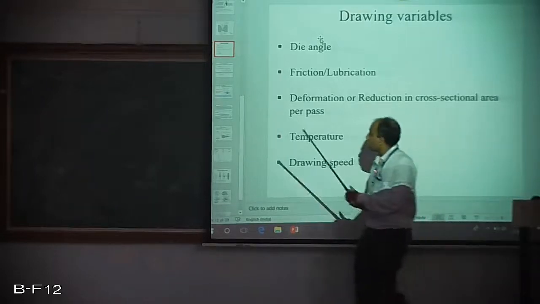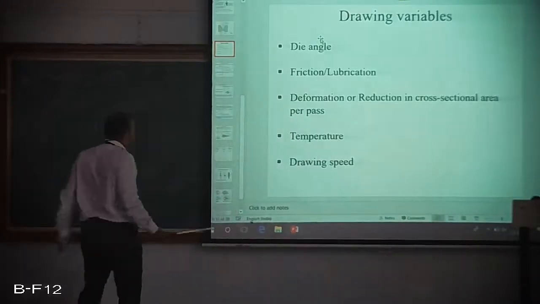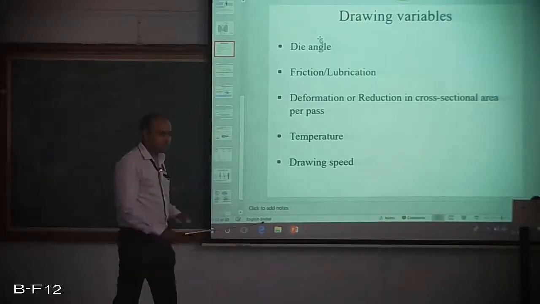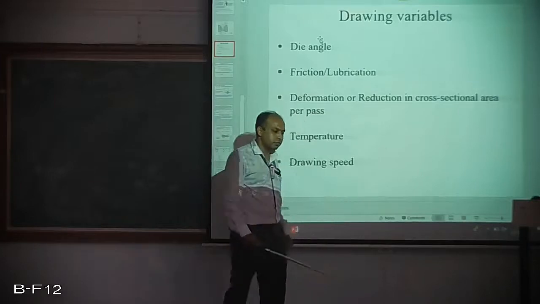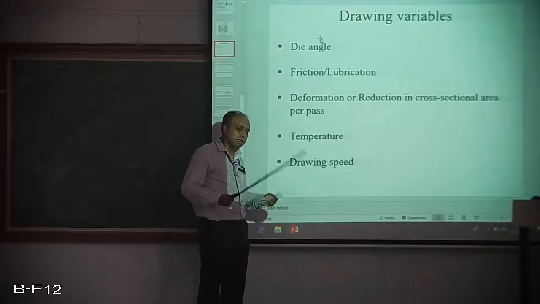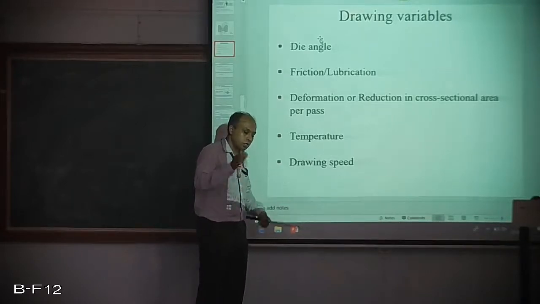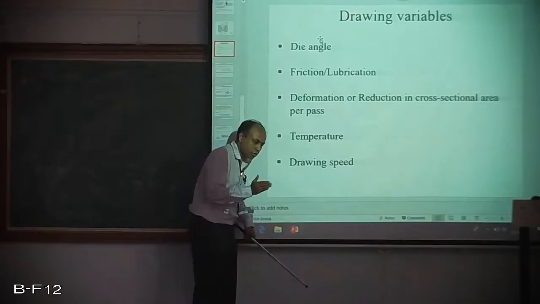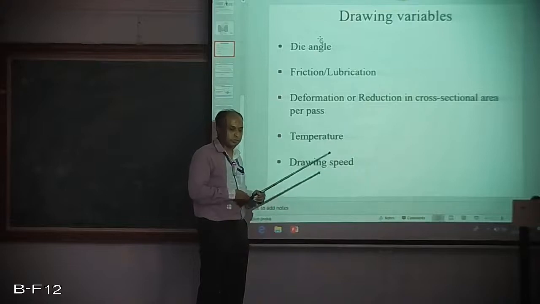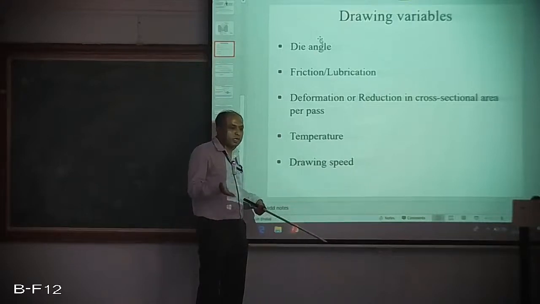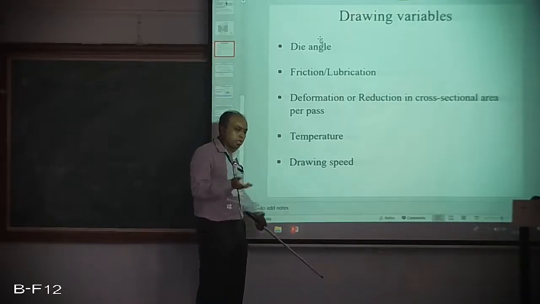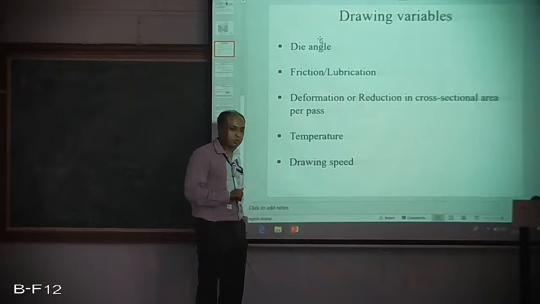Okay, this was with respect to the die angle. Then the next one is your friction and lubrication. So as I said, when is the friction increasing? With respect to die angle, whenever the half die angle is less, especially less than 6 degrees, approaching towards 2 degree or something like that, then definitely the frictional force will be high. So if there is no other choice for me, I need to go for the lower die angles, around 6 I can say, or 5 or 4. So one way of reducing the friction is the application of lubricant.